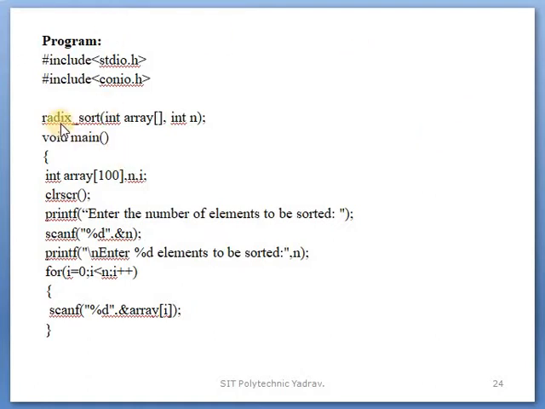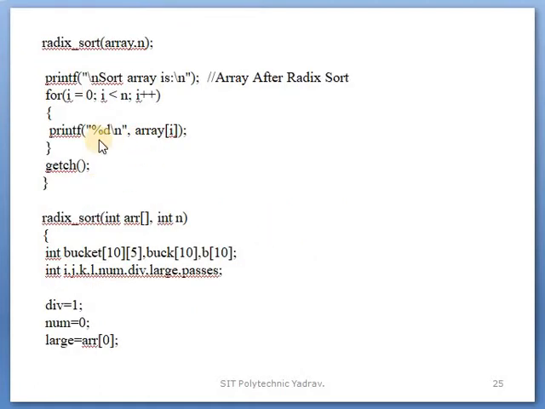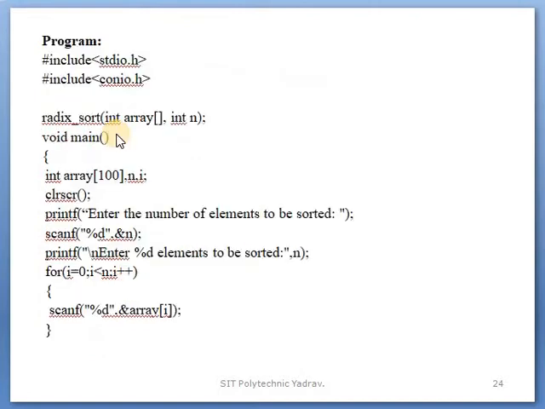So in that, one function radix sort is taken, void main, the main starts. In that, variable declaration: integer array of 100 and i is the variable taken, clear screen, the window will be cleared. After that, the message 'enter the number of elements to be sorted' is displayed. printf is the output function, scanf is the input function. Using the printf function, there are two uses: one only for a message to be displayed, and the other is that actual output will be displayed.